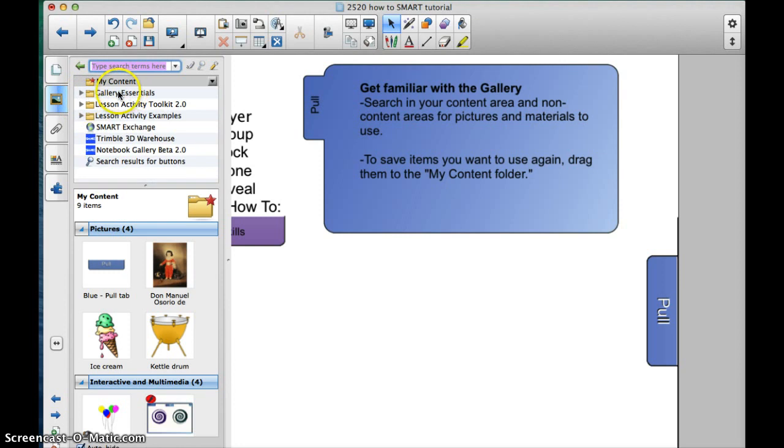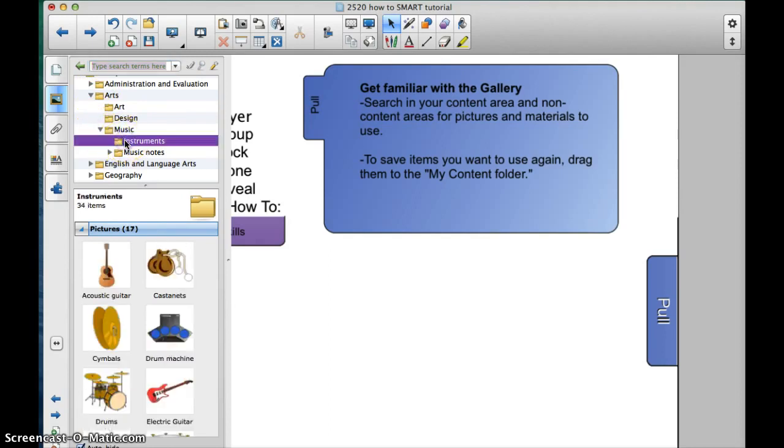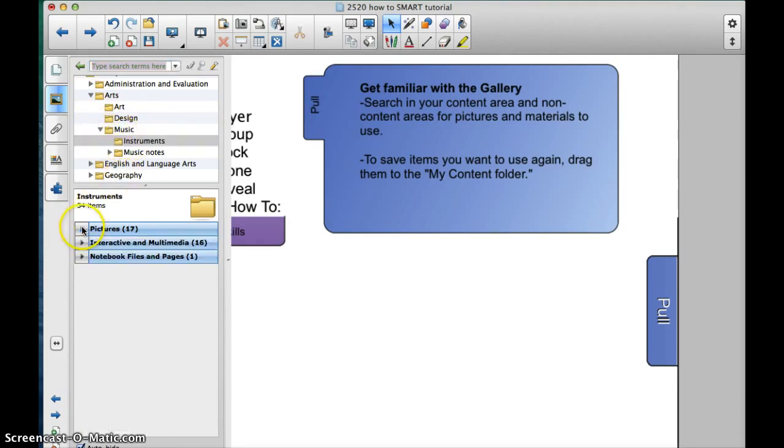You'll see you've got the Gallery Essentials. Gallery Essentials has a breakdown of all sorts of content areas: English, geography, history, math, and once you click underneath it, so for example, if you are someone in the music education program, you click under Arts and you can see the music folder opens up. And if I click on that, you'll see that there are 17 pictures in the Instruments folder,